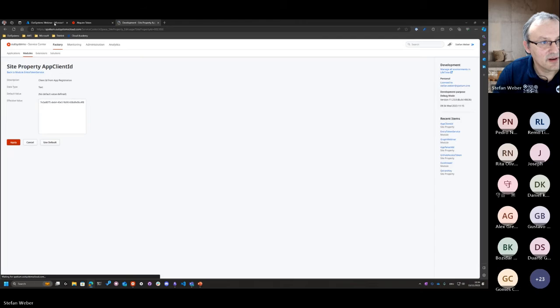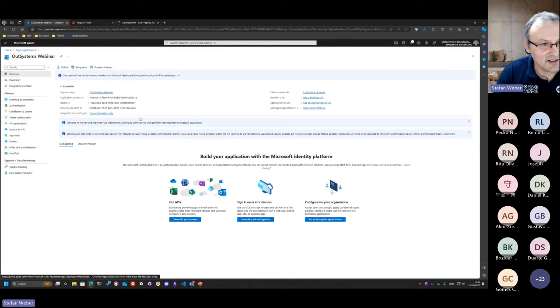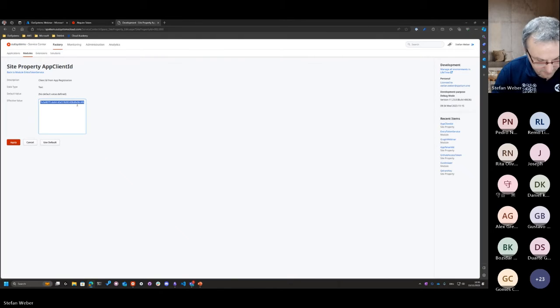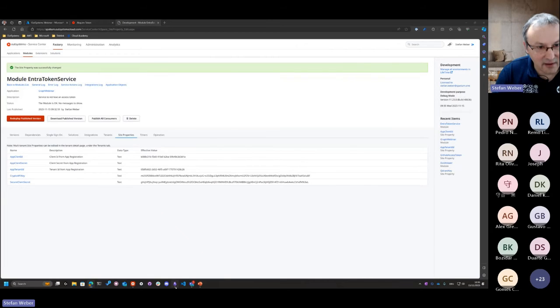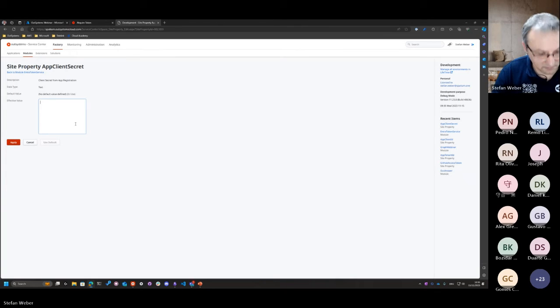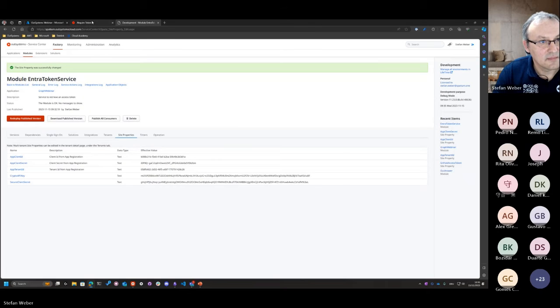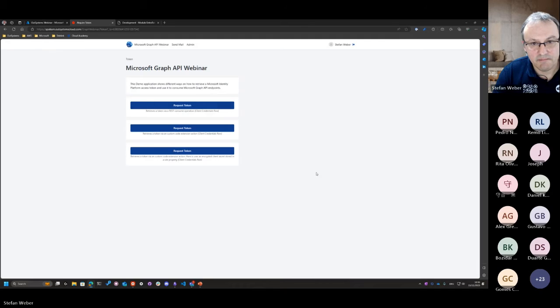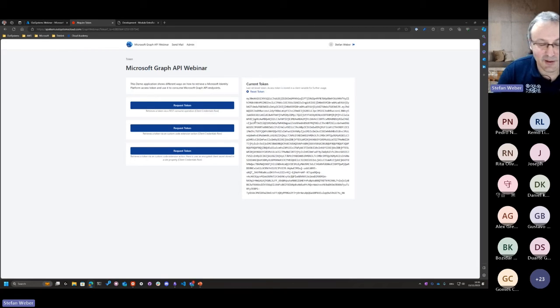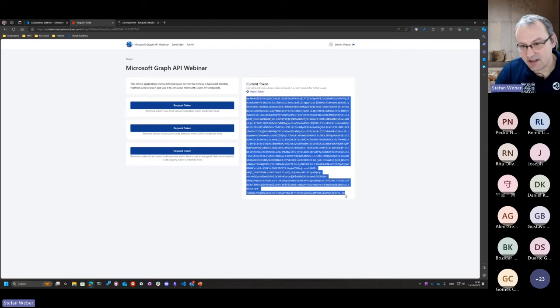So let me change that to the application ID we created. And the client secret. Okay, but now, yeah, okay. So now it's working. After we provided the client secret, we received a valid access token,